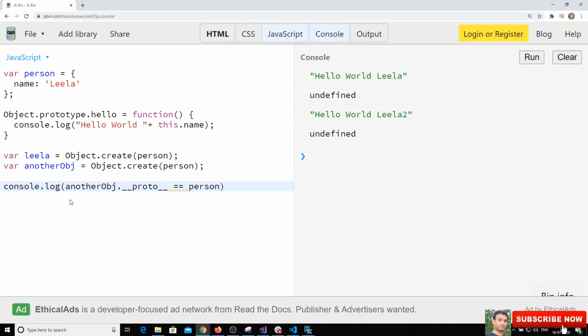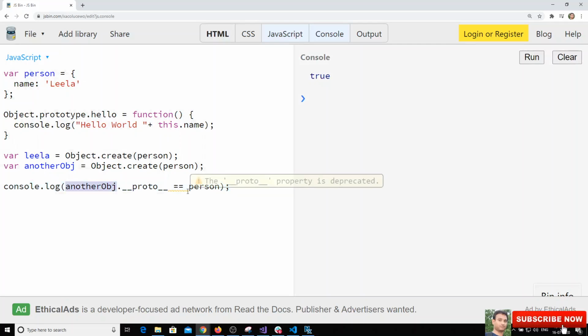We need to check whether another object's proto is equal to person or not. Let's try. We got true. That means another object's proto is nothing but the person object, because we have given the prototype for another object as person.